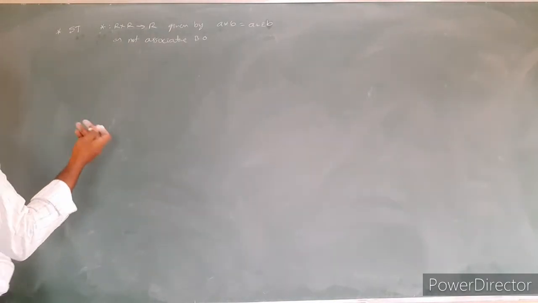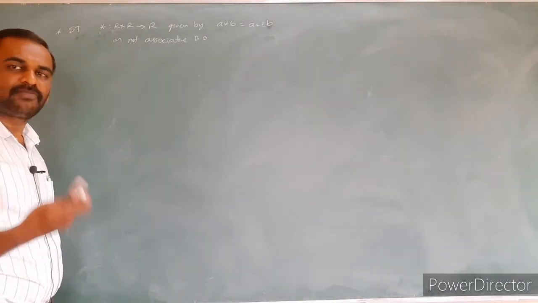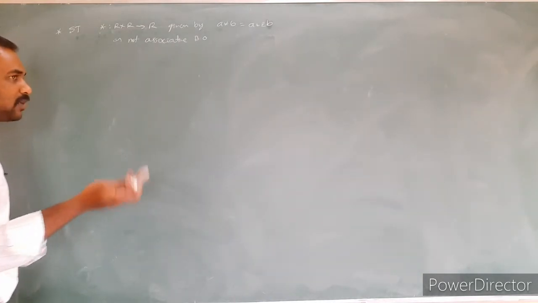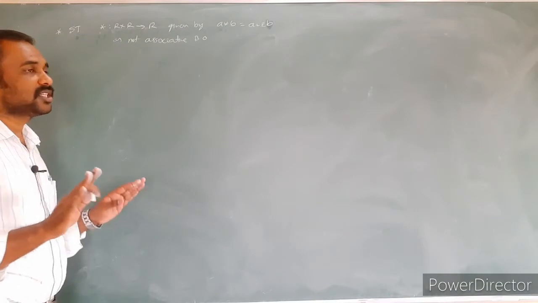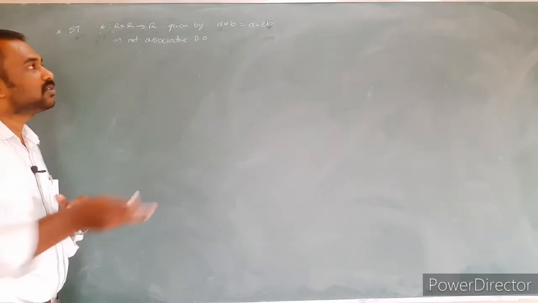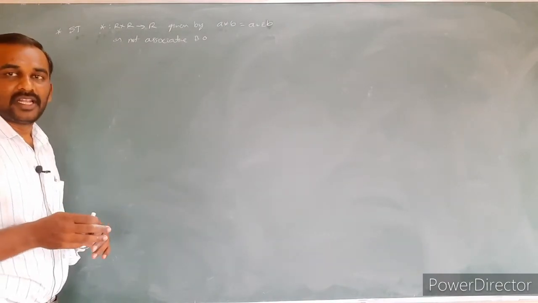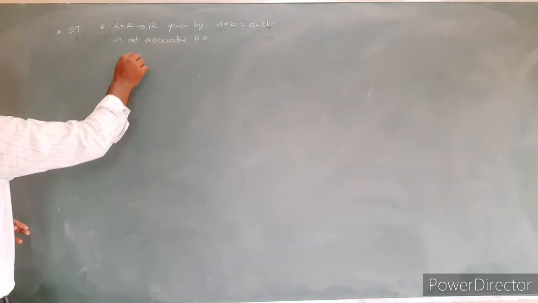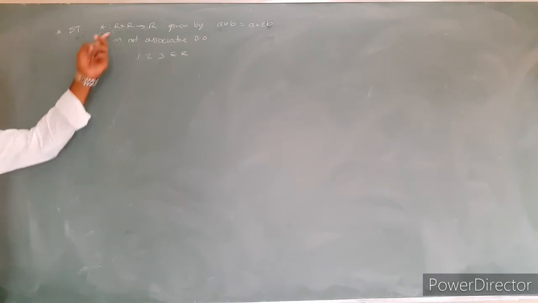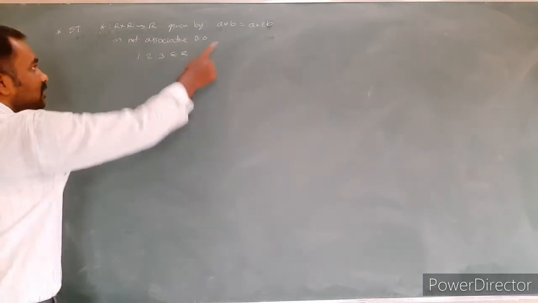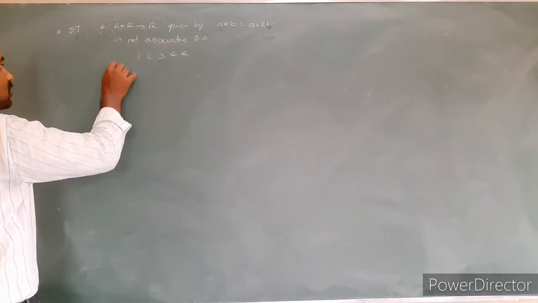Okay, take a small number. Frequently you can take 1, 2, 3 or whatever small number. It is just better to check with whatever number, but better to choose a small number, because if you take a large number, the simplification might be lengthier or time consuming. So I just take 1, 2, 3, since it is on the set of real numbers. Just replace it to show it is not associative.